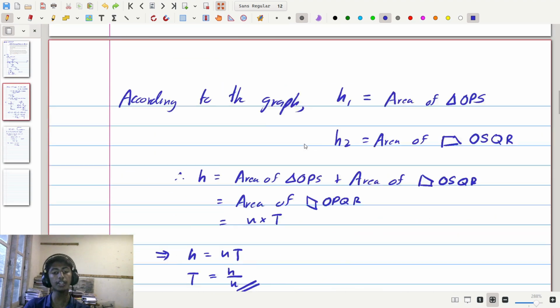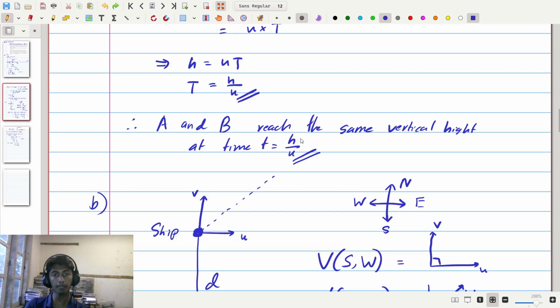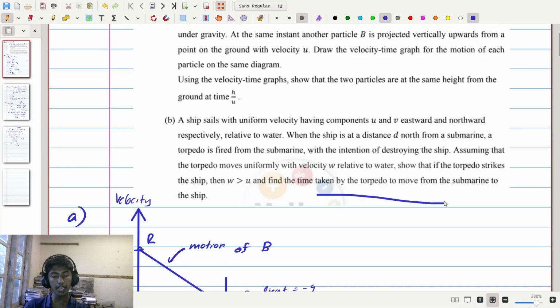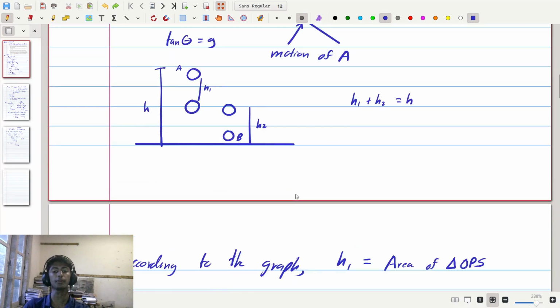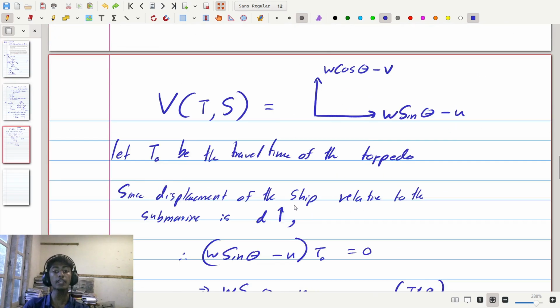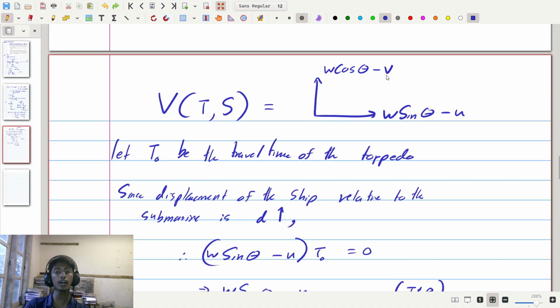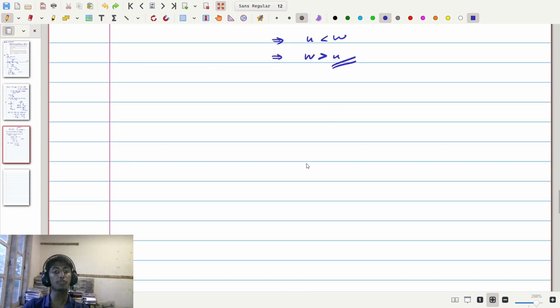Now given this condition, we can then move on to the second part, which states we need to find the total time taken by the torpedo to move from the submarine onto the ship. So considering this, in the vertical direction, we know that the total displacement we need to cover is d, and we also know that the vertical velocity is w cos theta minus v. And therefore we can say